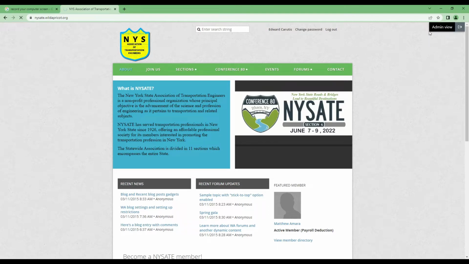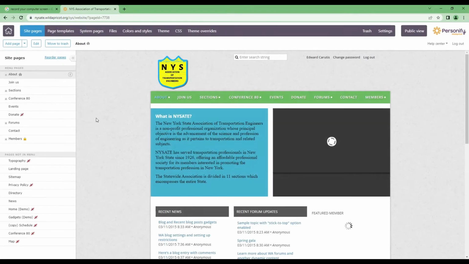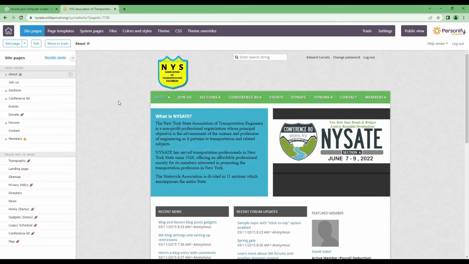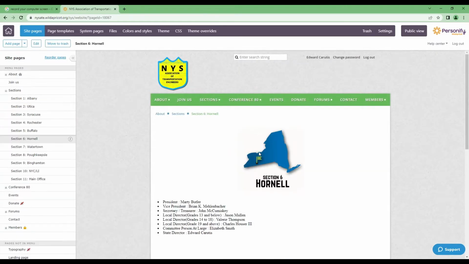So you're just going to click the admin view, wait for it to load. Okay, and then we're going to navigate to the page that we want to edit. So under sections, I'm going to edit the section 6 home page here. So you see the home page, it's got our map, got the list. So we click edit,